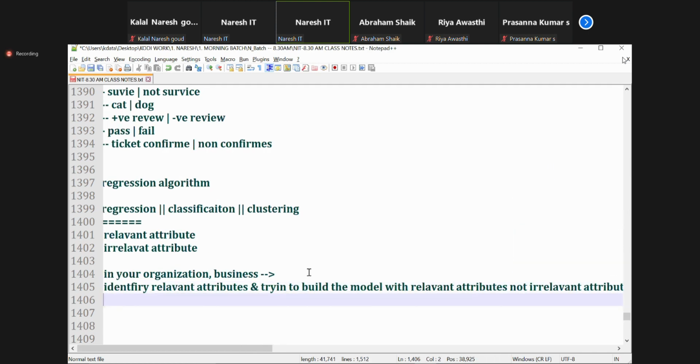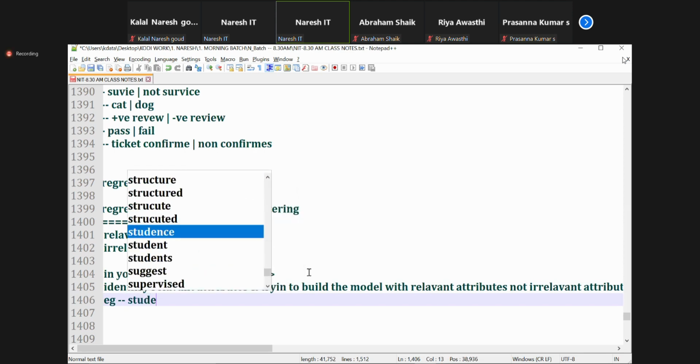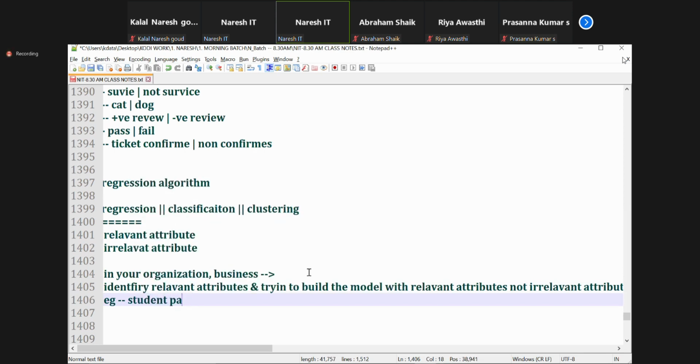For example, students' playing hours or students' height and weight depend on pass or fail. Is it relevant or irrelevant? Irrelevant. So when you train the model with these attributes, model complexity goes up.